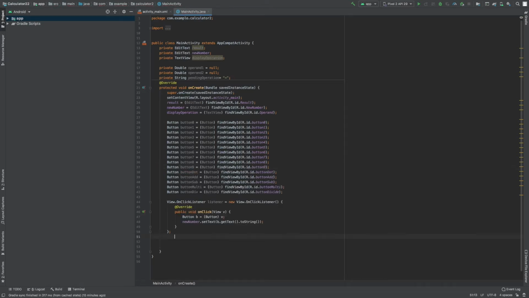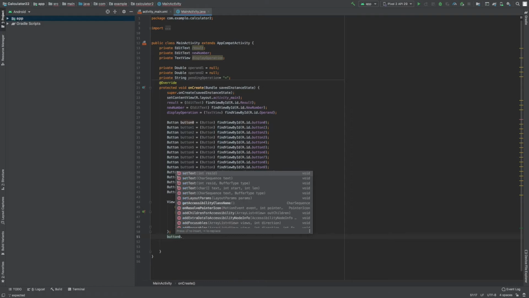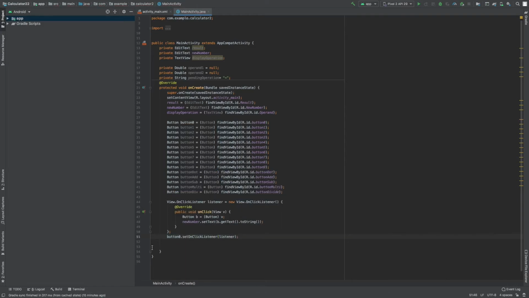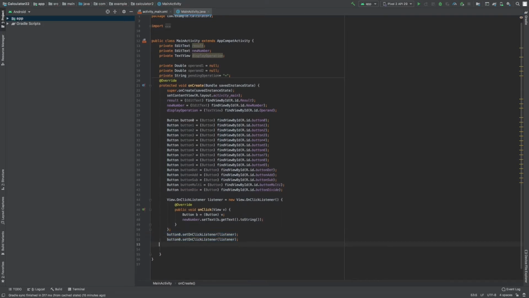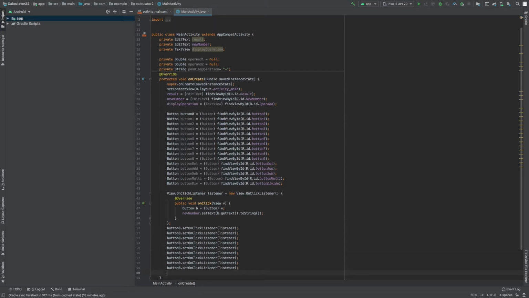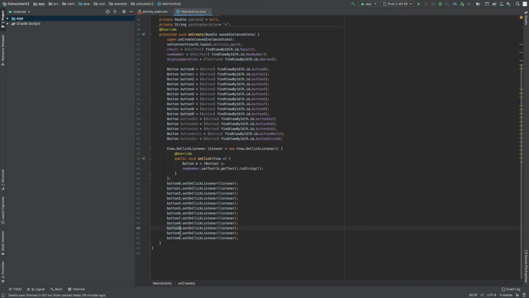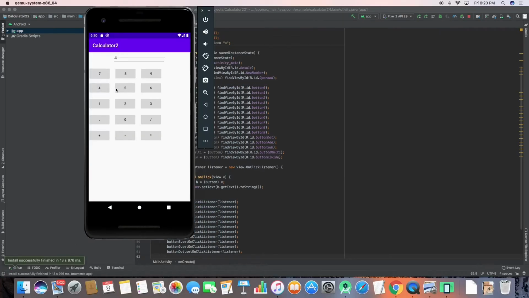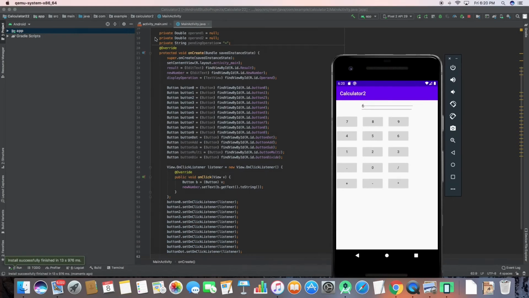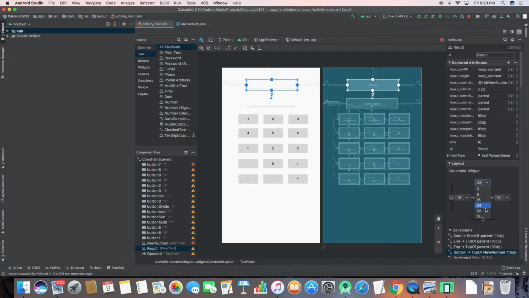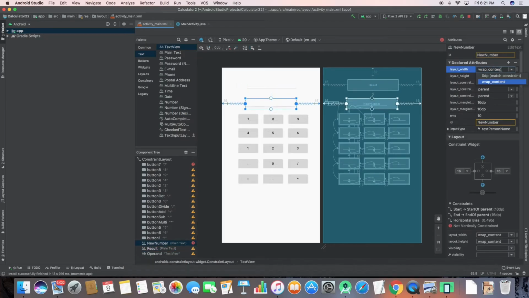So we have newNumber.setText. It's gonna be append text, not set text here. So we have button.setOnClickListener. So when you click on that button, if you're pressing like 7, the button 7, it's gonna take that 7 and enter it on the new number, in that text view that we have earlier. So you can see that it's not having 6543 as in, because we have set a setText here, so we'll be changing it to append.